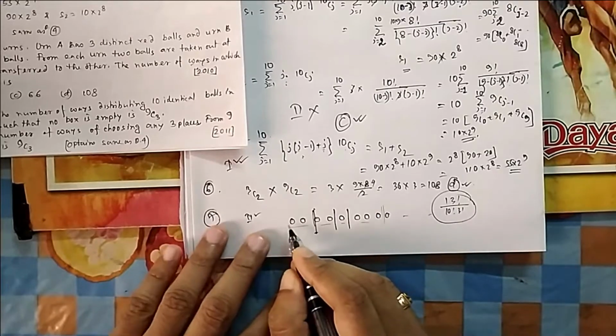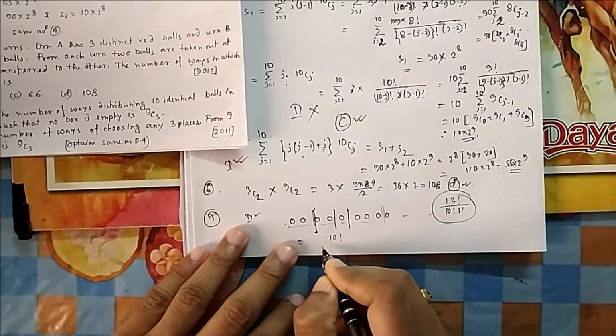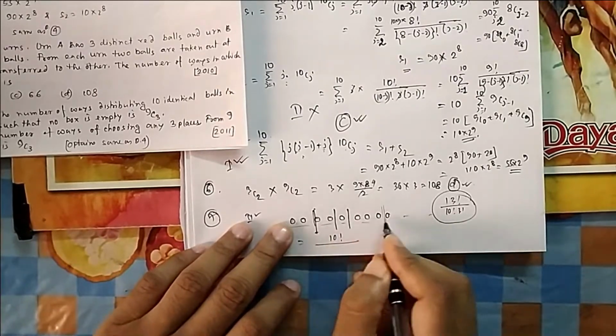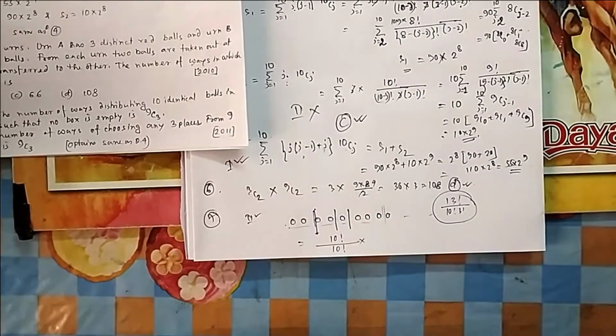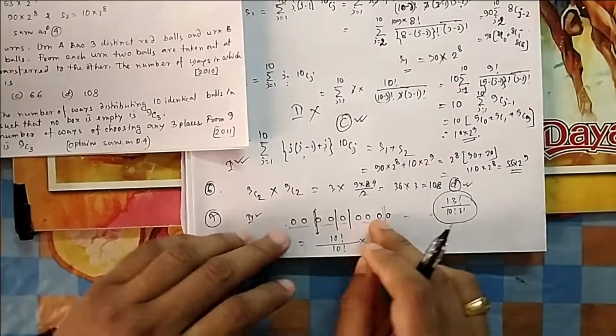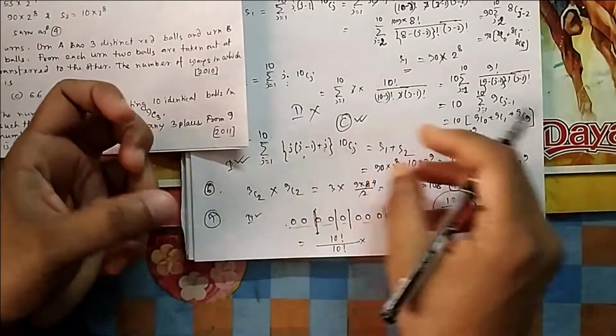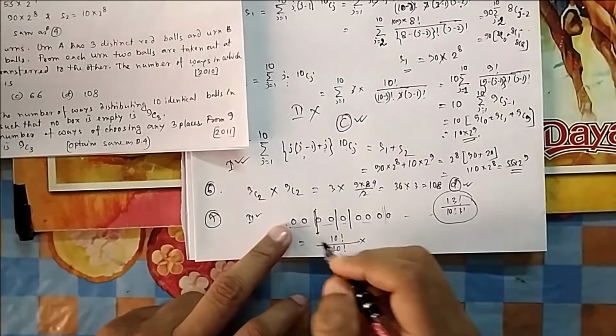So what you will do, you will first place all the balls. So here now it will be 10 factorial, no issue. All the balls are placed, but all are of the same type, identical, so divided by 10 factorial. Normally I choose 10P10, how to put 10 balls in 10 different positions, 10 factorial, but because all are the same, it is divided by 10 factorial.